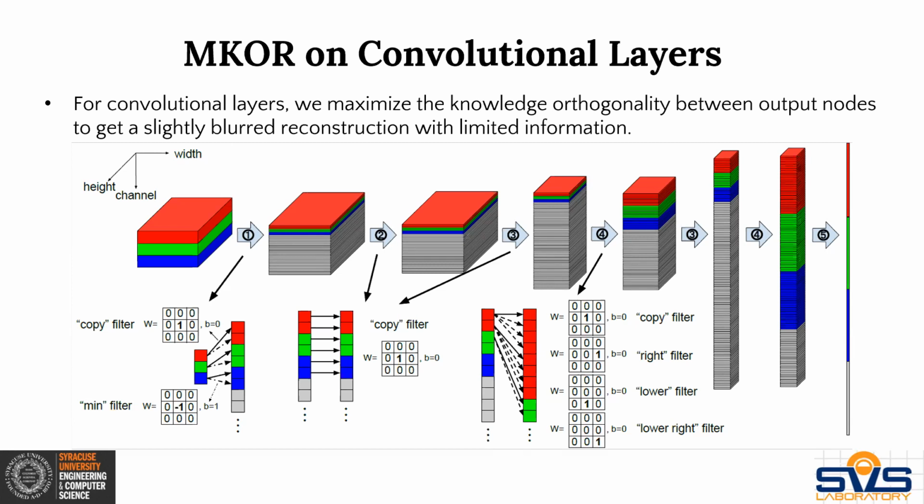Specifically, we set some of the convolutional kernels as in the diagram below, so that some will copy the input, some will take the opposite number, some move to the right, and some move down. As a result, 75% of the output nodes are orthogonalized for us to reconstruct the input. To avoid being detected by the client, please see our paper for more details.